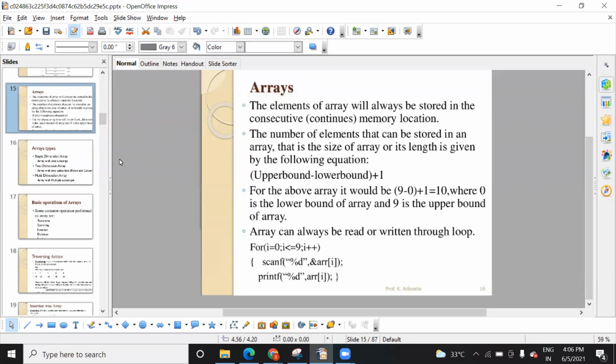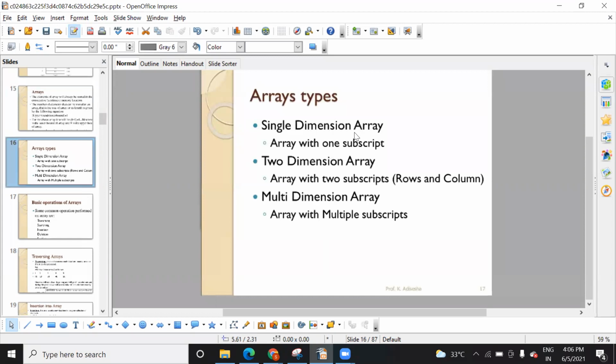And as I said, there are three dimensions, meaning there are three types of array: single dimension, two dimension, and multi-dimension. In single dimension we have one subscript, in the sense of one square bracket that manages all the indexes. In two dimension we have two subscripts, that is for row and column. And in multi-dimension we have multiple indexes,